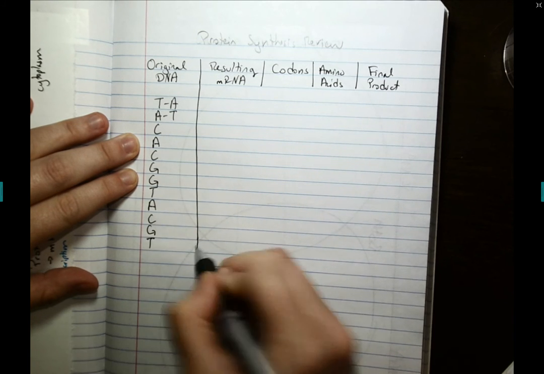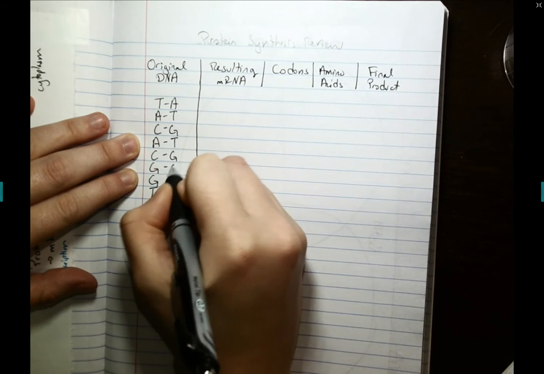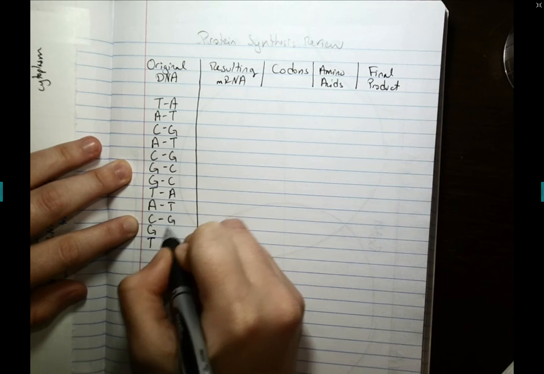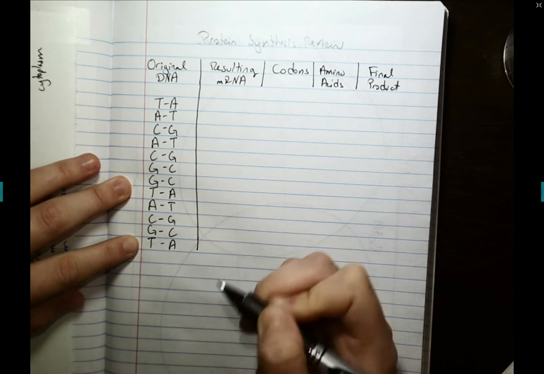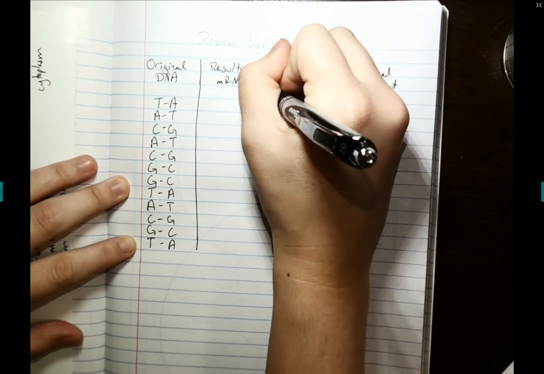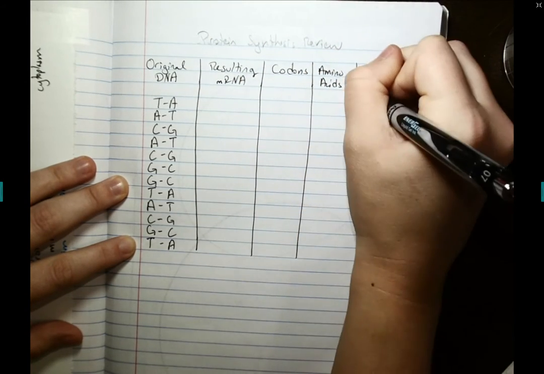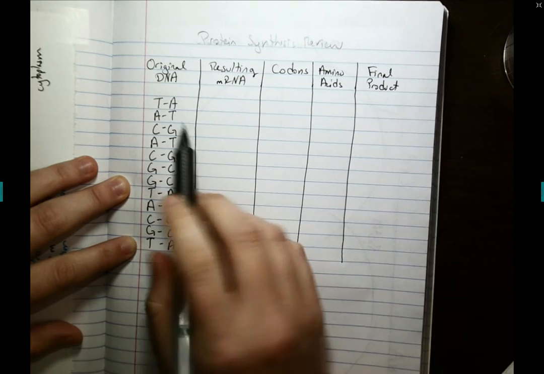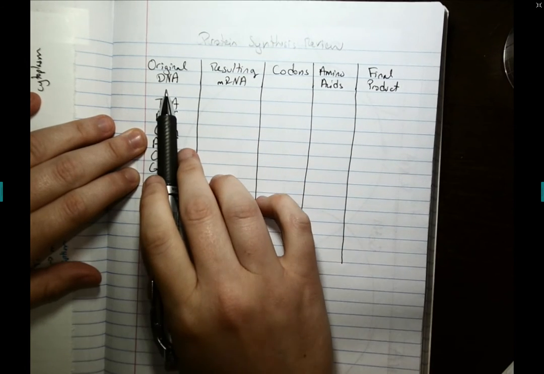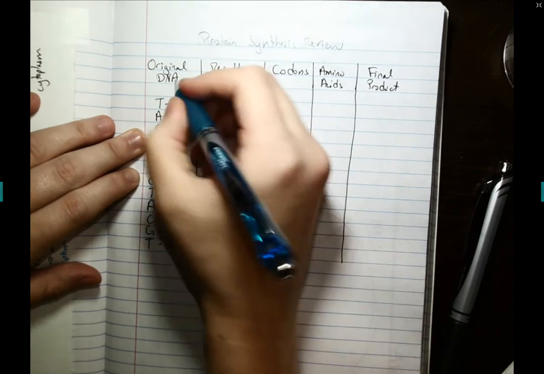C-A-C-G-G-T-A-C-G-T. Oh, I was off on that one. So now I can just do the other side with my base pair rule. C-T-A-T-G-C-A. Perfect. So here's my original DNA. I'm going to finish off my columns so I don't confuse myself on what I'm looking at. So my original DNA, when I'm moving from DNA to mRNA, I know that that process is